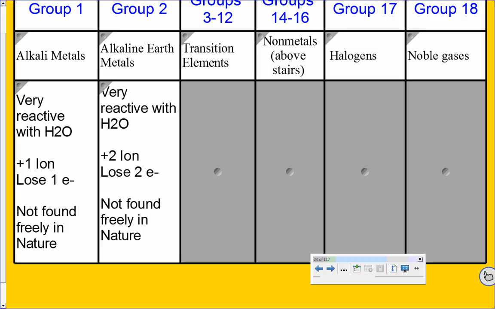Now, Group 2 is similar to Group 1 in that they're also reactive with water. They are less so than Group 1. They're a less reactive group. However, they're still very reactive. They lose 2 electrons, form a positive 2 ion. Neither of these groups are found freely in nature. They're only found